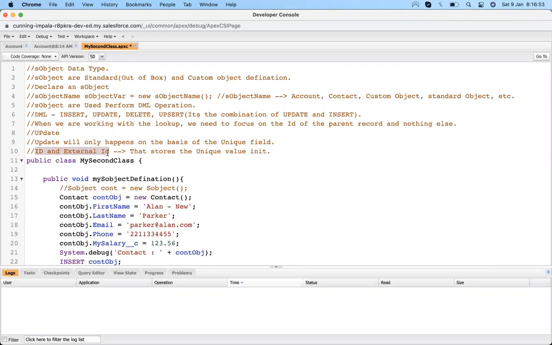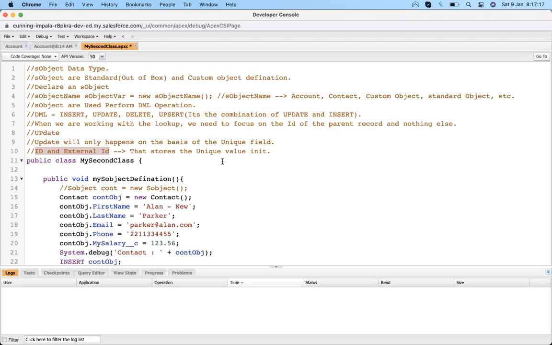Okay, so whenever we need to update a record, we need to focus on the external ID or ID of that record. If we are not able to capture that ID, then we focus on the external ID. Actually, the external ID is the ID generated by the legacy system, as we discussed earlier.